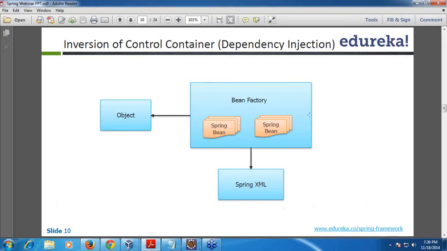In Spring, you can create them as beans, and this bean factory is a container that creates and manages the life cycle of the beans. We leave everything to the bean factory, and at runtime, when we need them, we just ask the bean factory for the beans. So you don't have to write unnecessary code, like creating a lookup table.